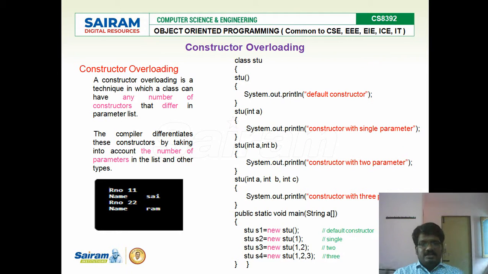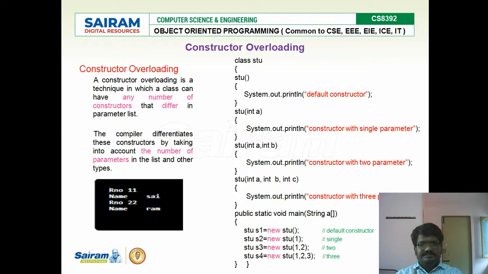So here in constructor overloading, we know that a constructor is a function, right? It is a function having the same name as the class name and no return type. That is the thumb rule of a constructor. Constructor overloading means functions with the same name as the class name and no return type. They may have zero or n parameters, so based on that and the definition, the constructor can be overloaded.